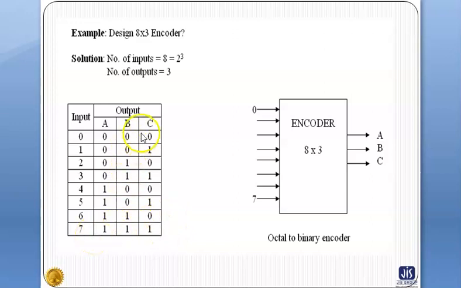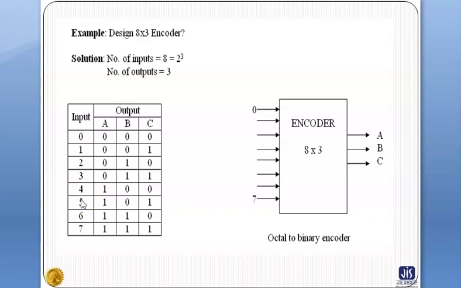Similarly, the output line B is 1 when the input octal digit 2, 3, 6 or 7 is pressed, and A is 1 when the octal digit 4, 5, 6 or 7 is pressed.